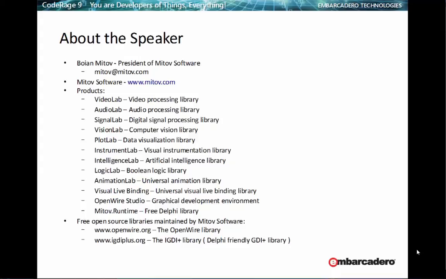A number of our products are already ported to support OS X and Android. We are working to expand that support across all the libraries and to cover the full range of platforms supported by Delphi. A number of the libraries are also expanded to utilize OpenCL for very fast GPU processing.